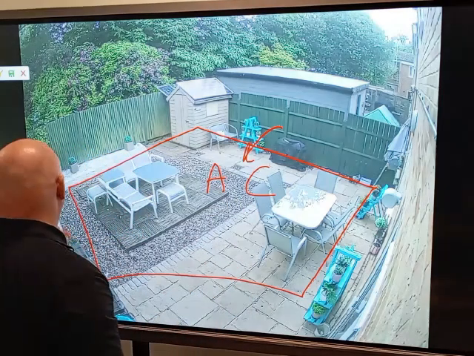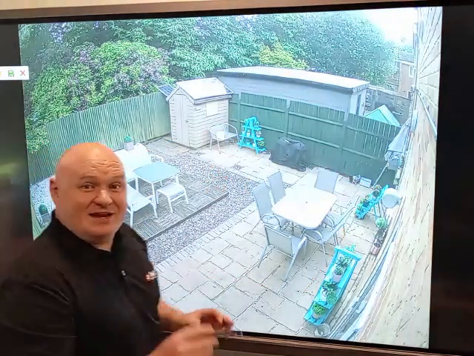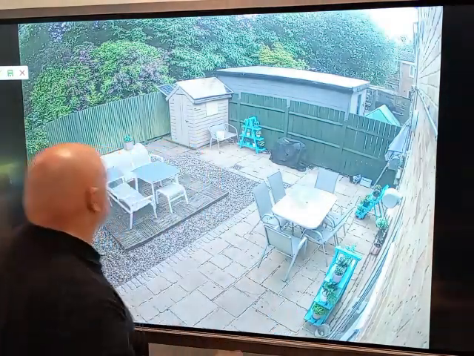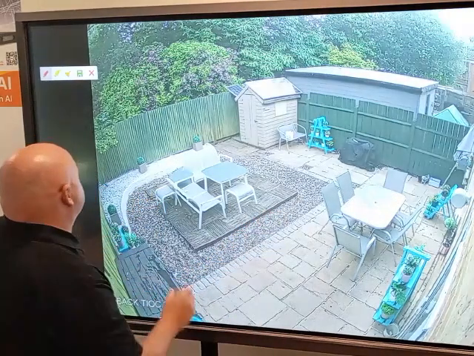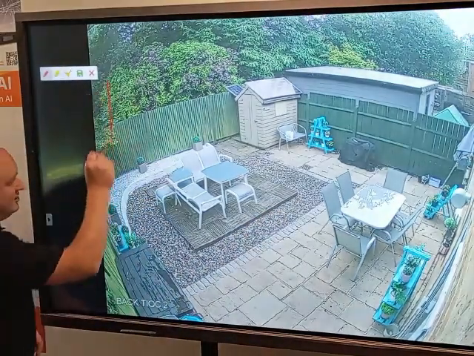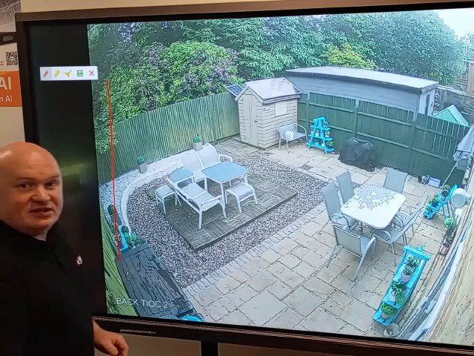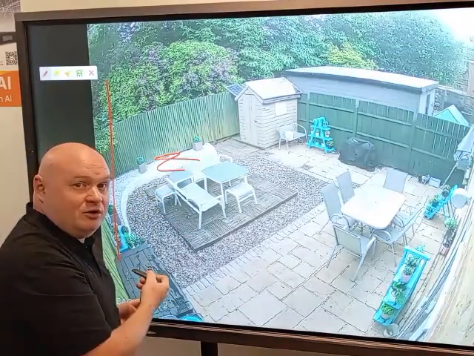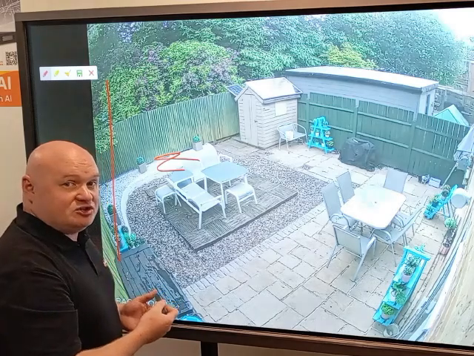Okay. Now, another element is, did you know that the actual field of view itself is also a digital obstacle? So if I do tripwire, let's say, and I do the line there, then if I go from this side out of the field of view, there's a high probability that it will work just fine.